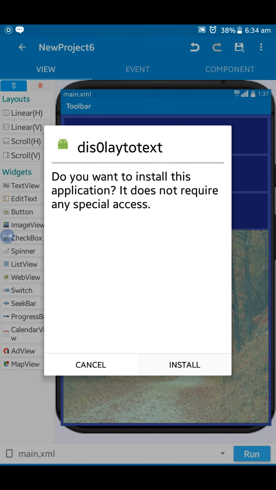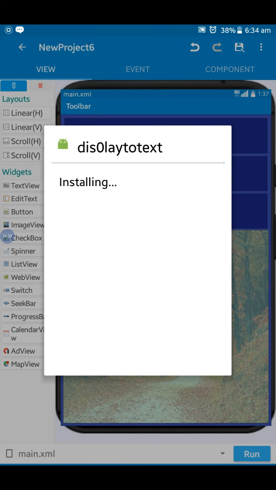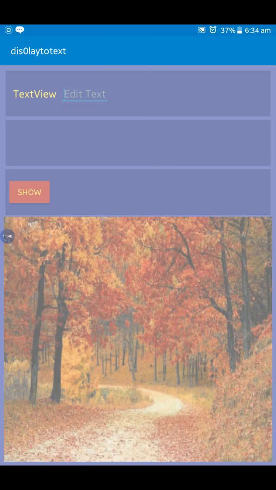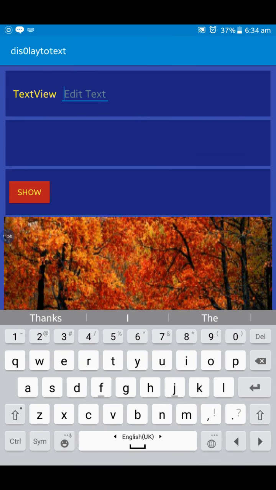Okay, install. Now installing is going on. Now the app is installed. Now we open the app. Okay, so good day. Yeah, it's showing very good.